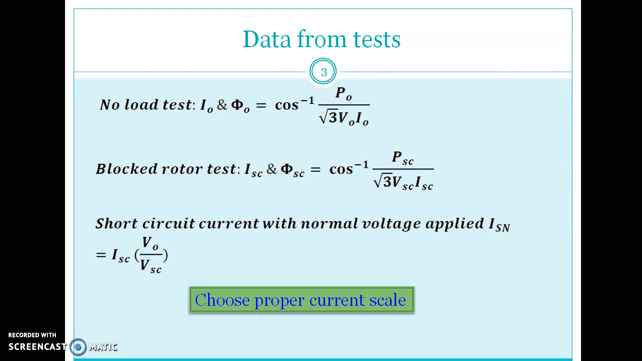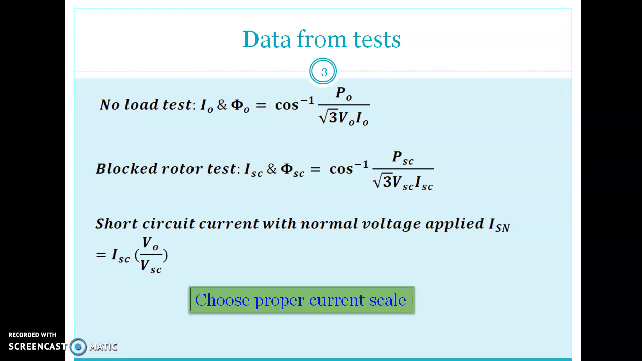During the conduct of block rotor test, we will be keeping the rotor at a constant position. That means it will be tightly held so that it won't rotate. And the current flowing through that is equivalent to the short circuit current ISC. When the rated current flows through the circuit, we will be measuring the values of VSC and power PSC. And from that, we know that